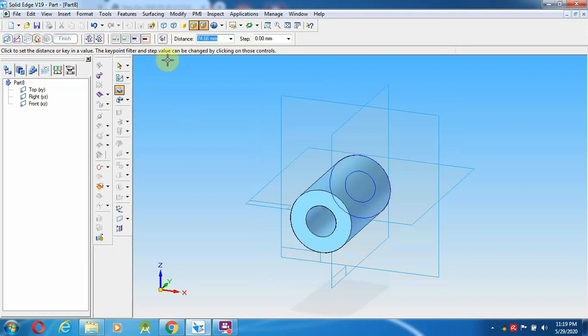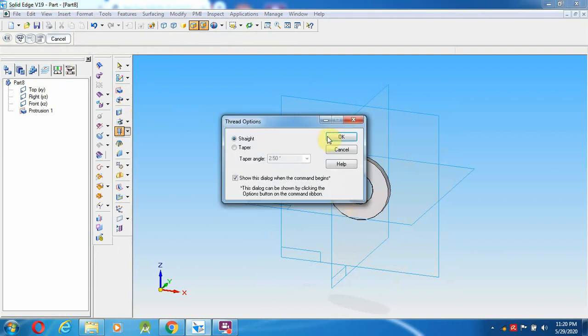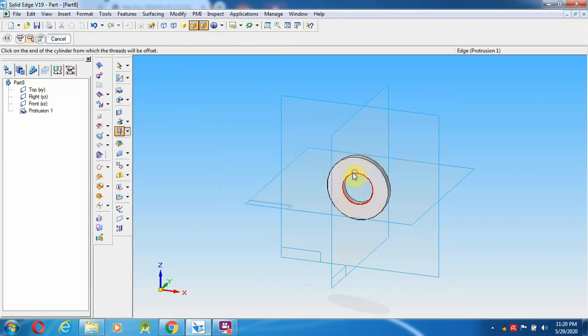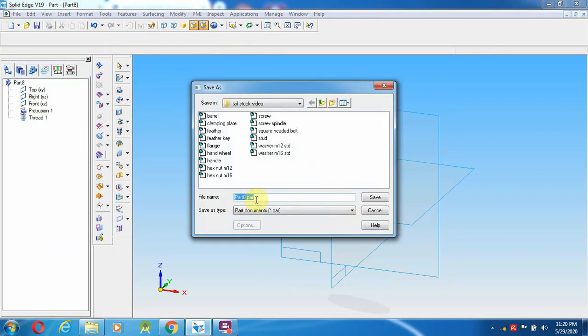Now depth is 22 into 0.2, so depth you can find. Then you can make it as threading. Select starting from here, straight left click. So save as washer 22.